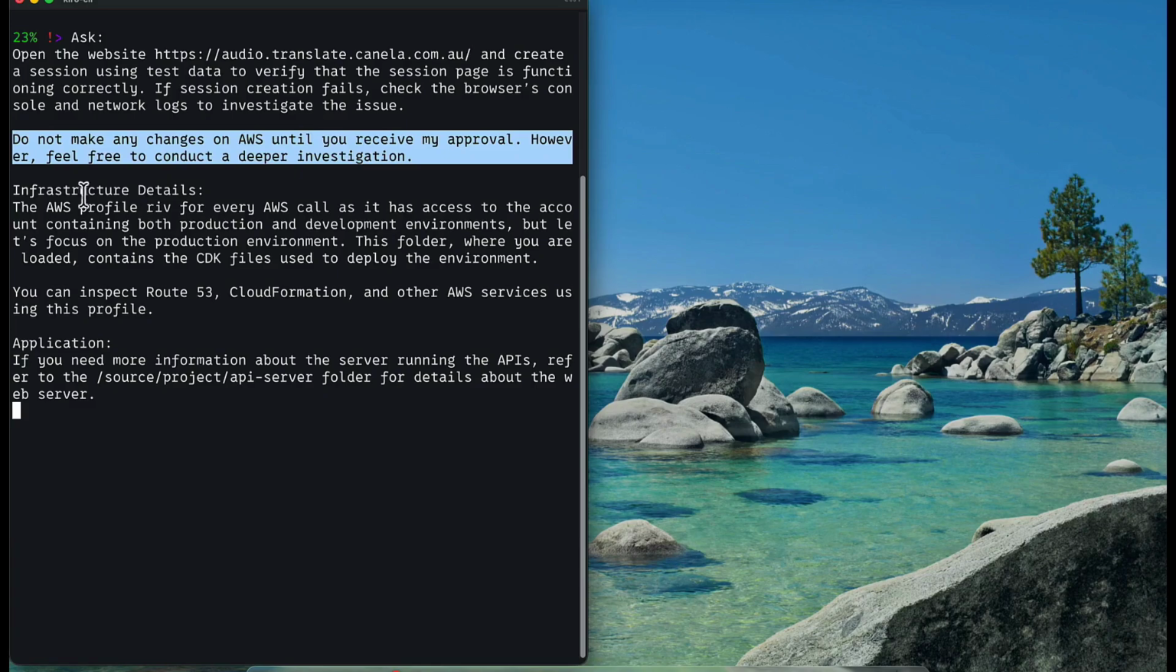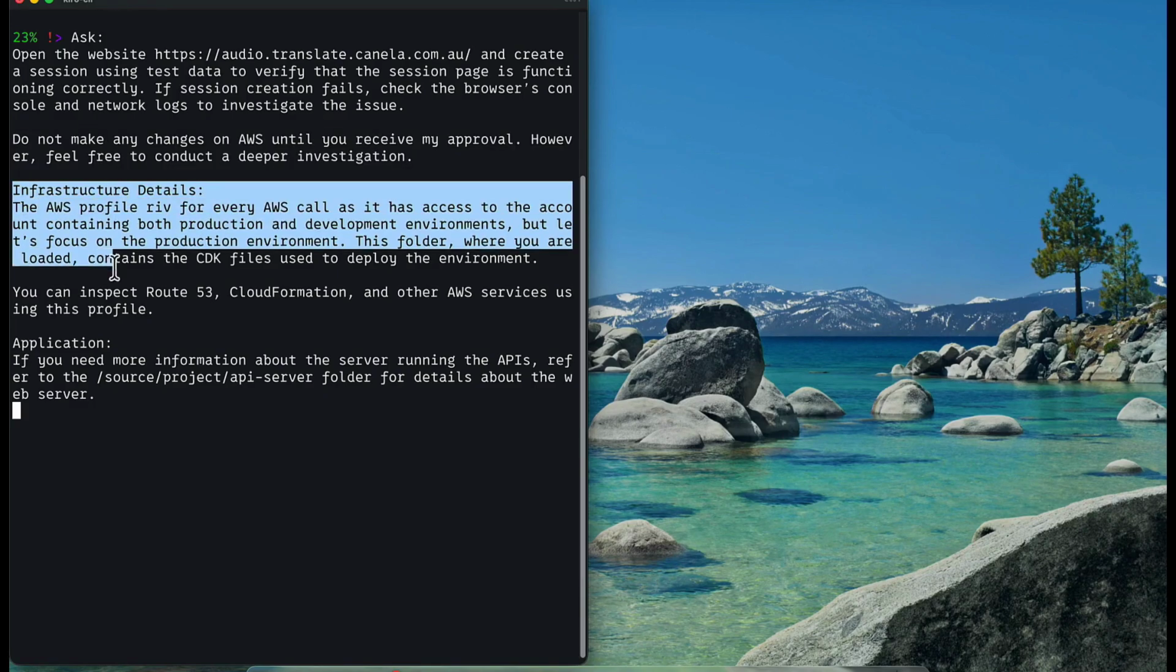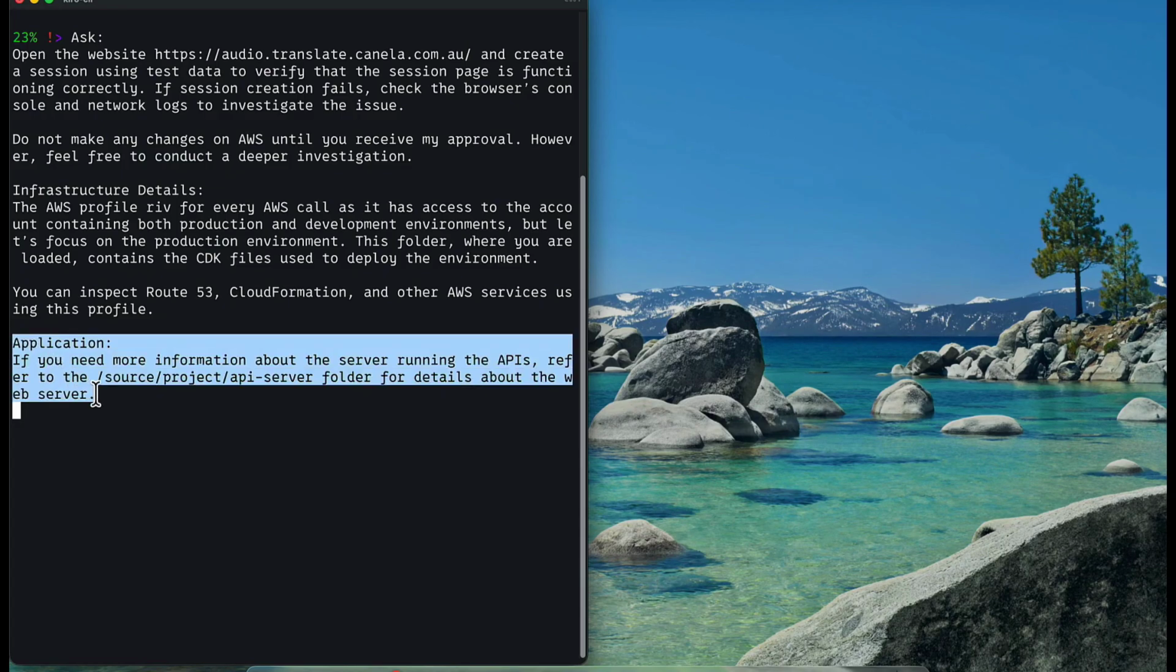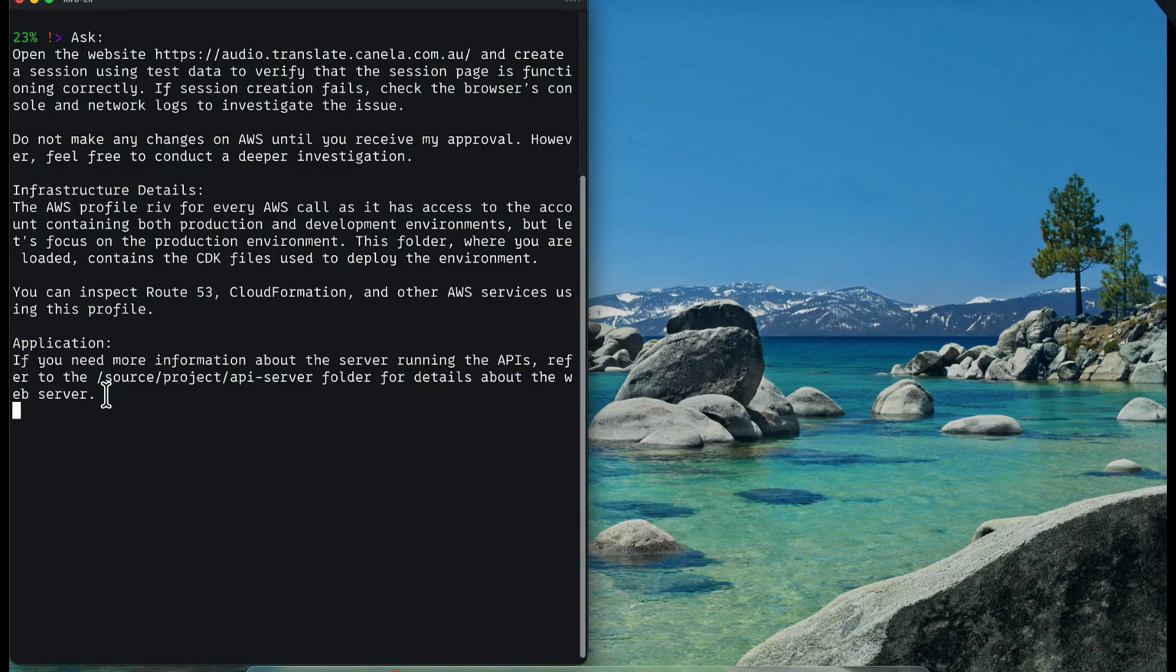Also below, I'm telling it about the infrastructure. So I'm saying there's a CDK in that folder where you were loaded. I'm also telling it there's an AWS profile called RIV, which gives access to the AWS infrastructure, like Route 53 and CloudFormation. And I'm also telling the LLM where the backend source code is. So if you press enter,